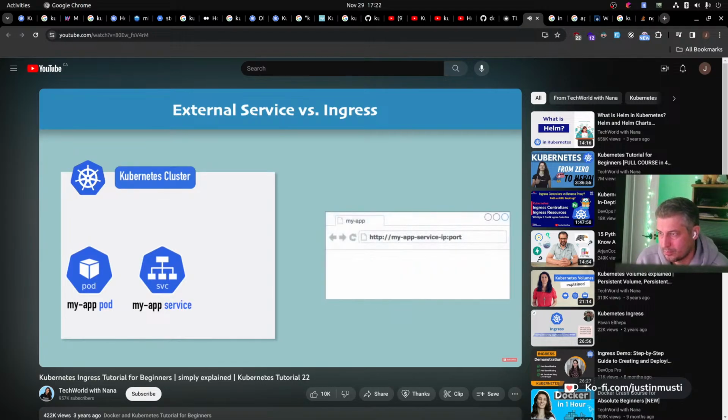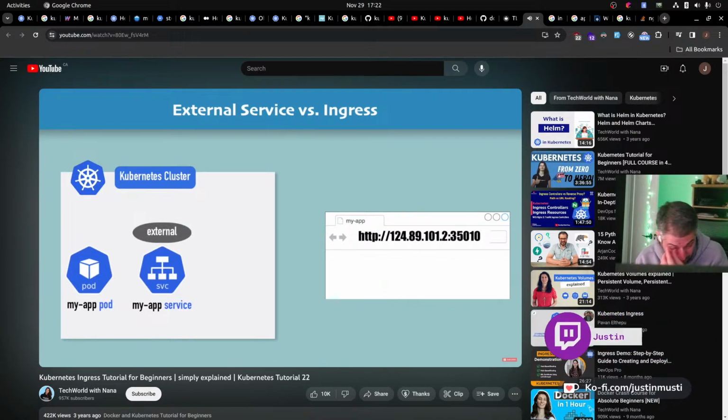So for external requests to be able to reach your application. So one way to do that, an easy way, is through an external service where basically you can access the application using HTTP protocol, the IP address of the node and the port. However, this is good for test cases and if you want to try something very fast, but this is not